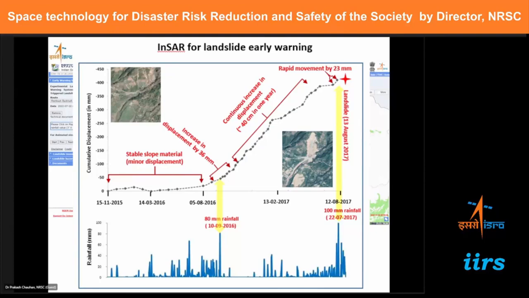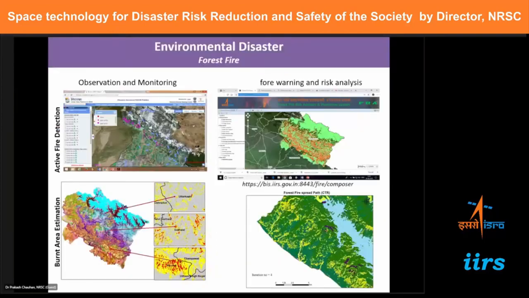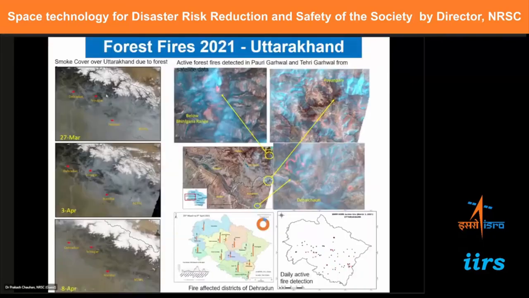Then apart from this, there are a lot of environmental disasters that keep happening, like forest fires. Today, using satellite data, we are generating an almost near real-time inventory of all kinds of fires, including forest fires over India, and then disseminating this information to the Forest Survey of India to mitigate these fires. Fires are also associated with smoke, and this smoke causes a lot of health-related issues. So these were the active fire locations in 2021 in Uttarakhand district, and live fires we can also see from space, and then